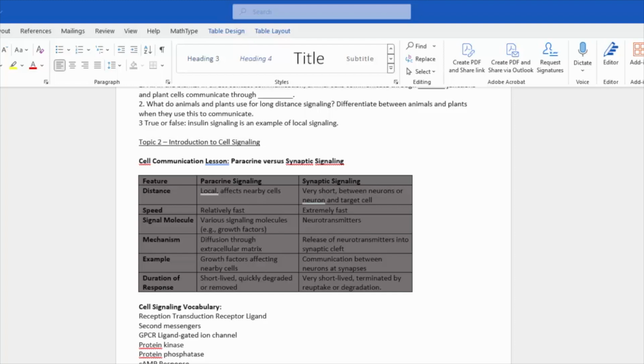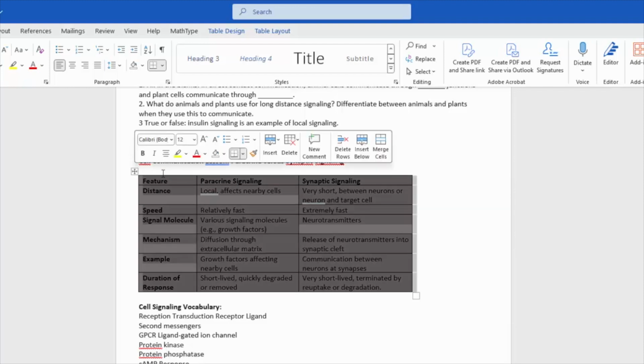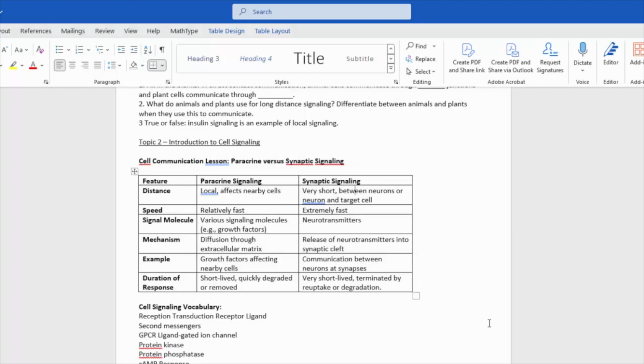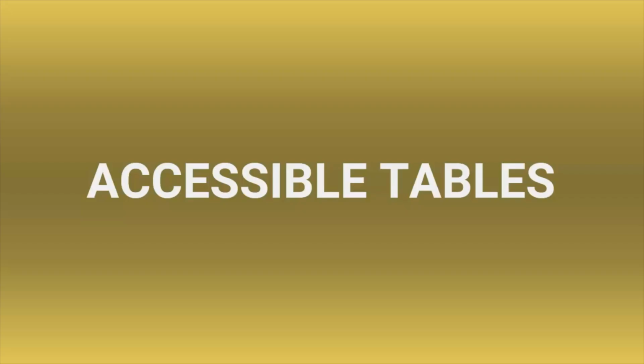This is an example of insufficient color contrast between the background color and the color of the font. It is hard to read due to the low contrast. To fix this problem, we will change the dark gray background to white. If you're ever in doubt, simply search the internet for color contrast checker, and you will find many tools that can check the contrast for you.